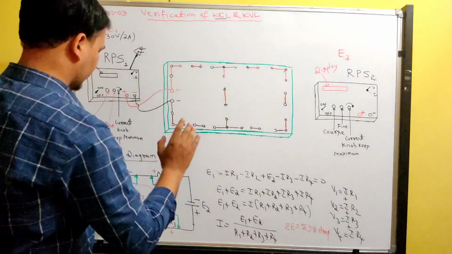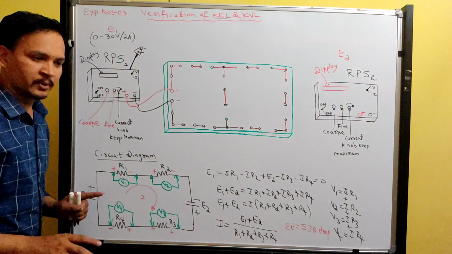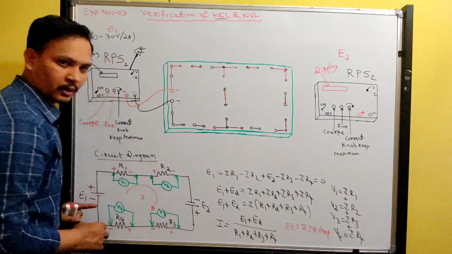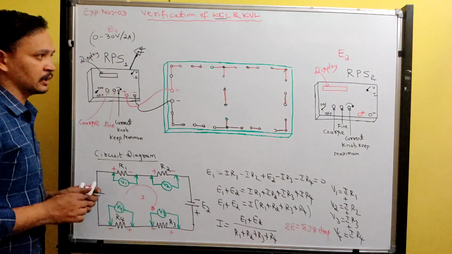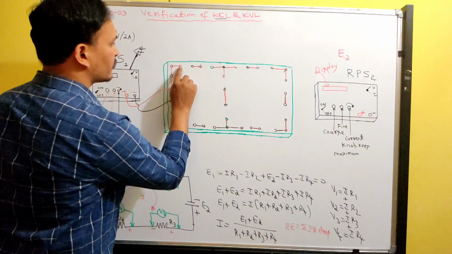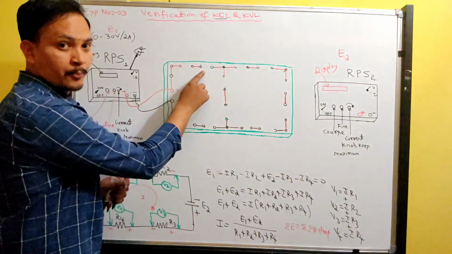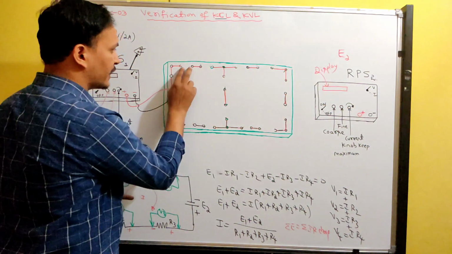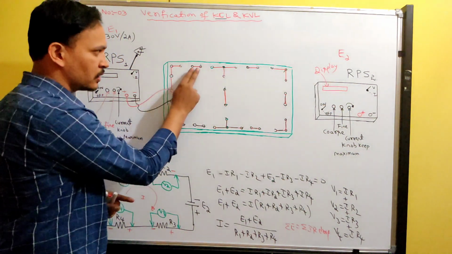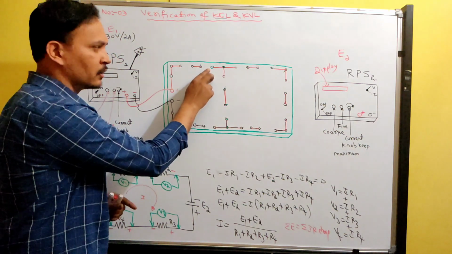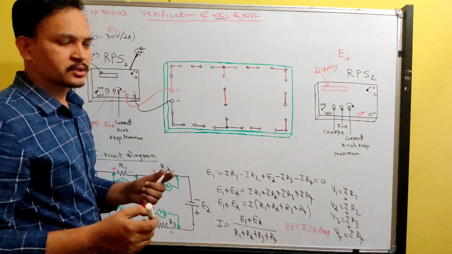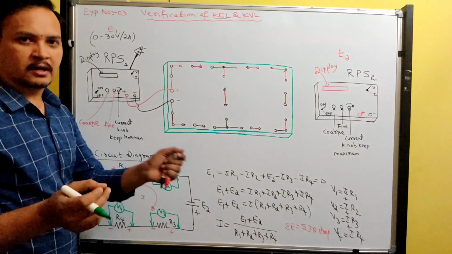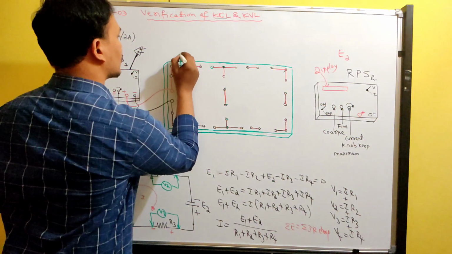Now do the connections. Before connecting voltmeters, first do the circuit. Where is the R1 resistor connected? If I connect R1 from here to here, this will be open. There should be no open circuit here. You should short it. If you connect the R1 resistor only at these two terminals, then you have to join these two with a wire. Otherwise, our lab resistors can be connected over a long distance. So you can connect R1 here.